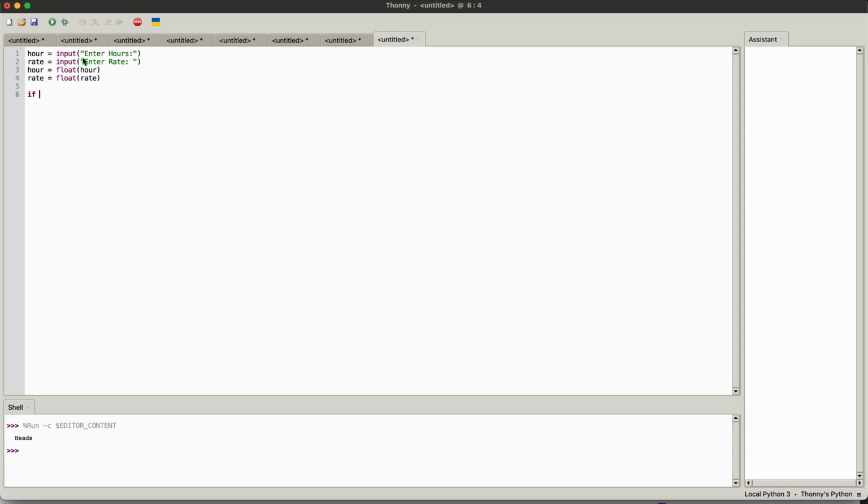Then if hour is less than 40 and colon, then we have to pay equals round, we have to also round hour multiply rate, close brackets, or else